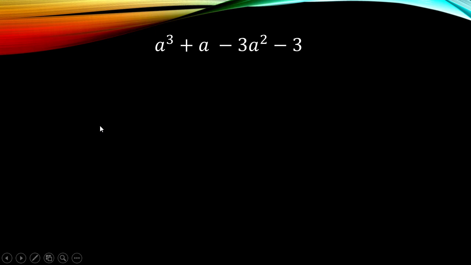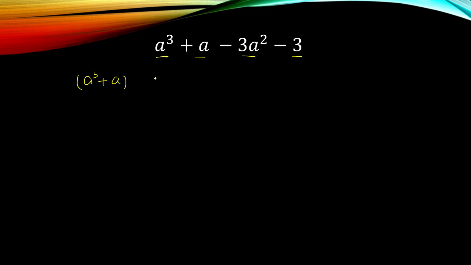Now let's start. We have an example: a cube plus a minus 3a square minus 3. We collect a cube and a together, and in the second group we collect minus 3a square minus 3 together. So how can we factorize them? Let's see. We collect a cube plus a together